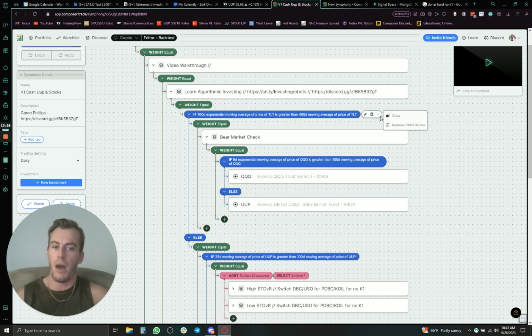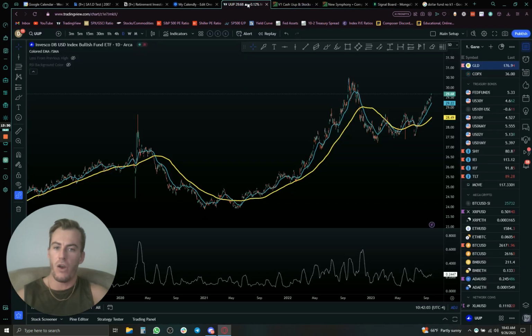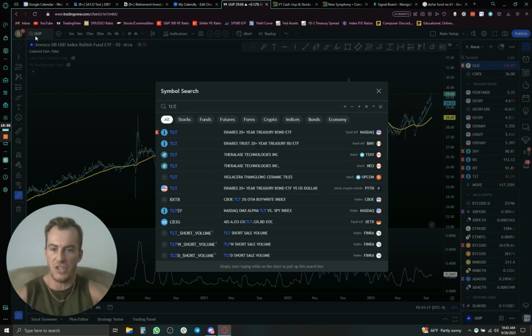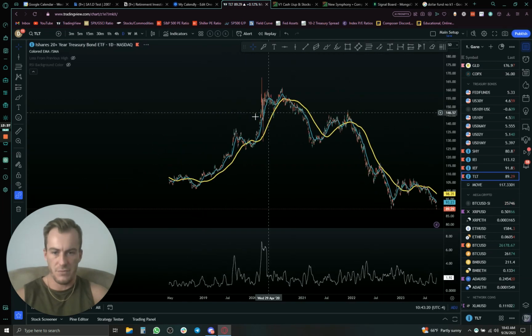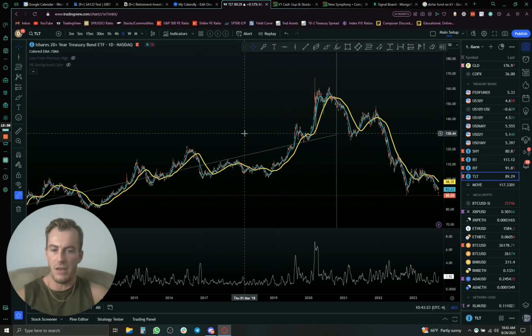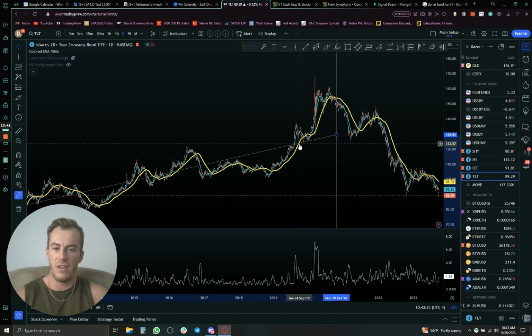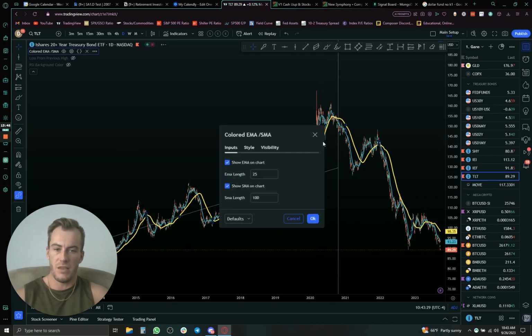I wanted to check bonds. So instead I looked at TLT, and I did the 100-day over 400-day, which is a common logic from Derek Nelson, who has built a lot of the FTFL variants. And you can see if we slow down the logic here to 100-day and a 400-day,